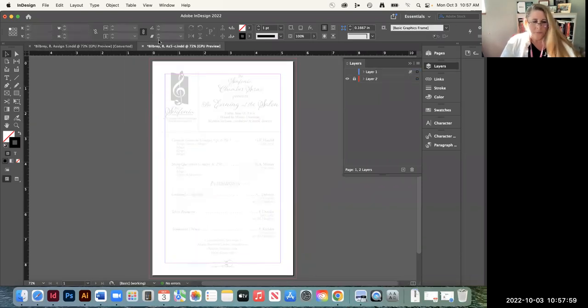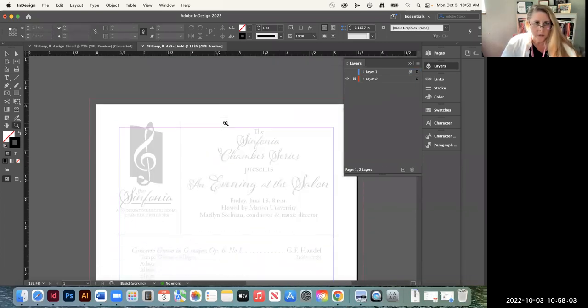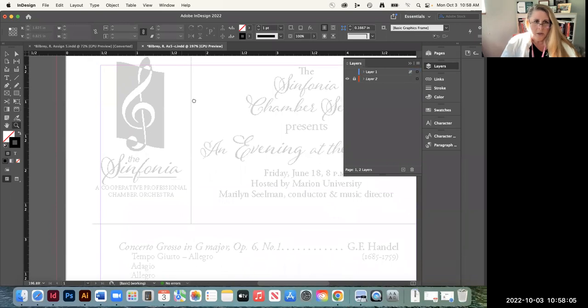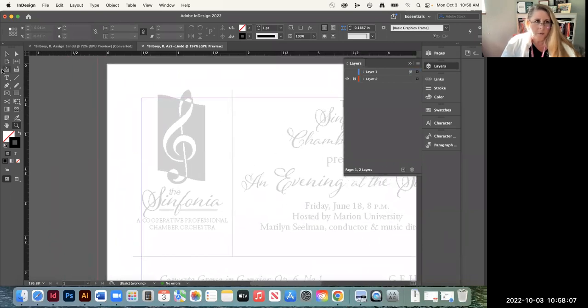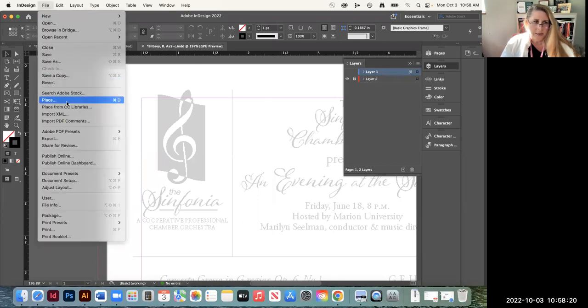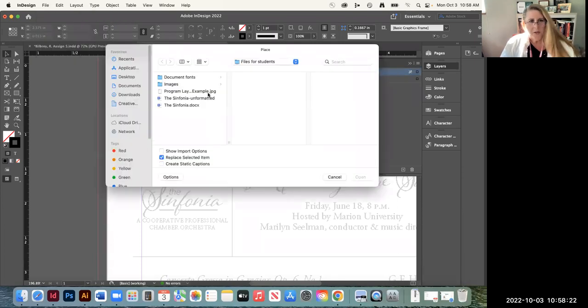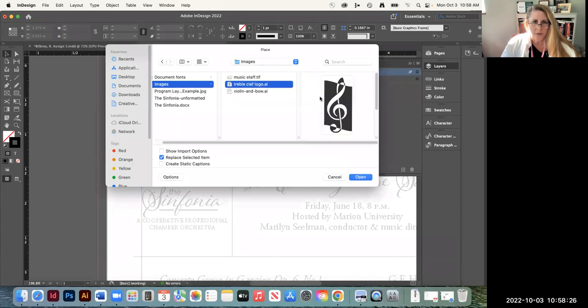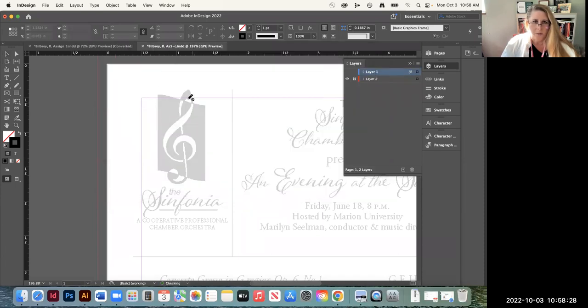Now, back to this. We do have some images we need to bring in, and one of the first ones is this treble clef image. So we will go to File and Place. I usually use the selection tool to start this process and make sure no text boxes are selected, and make sure you're on the correct layer too. So I need to click on layer 1 and then go to File and Place, and I'm going to get that picture. It's going to be in the Images folder, and it's called Treble Clef Logo, and it's an Adobe Illustrator file. Hit Open,